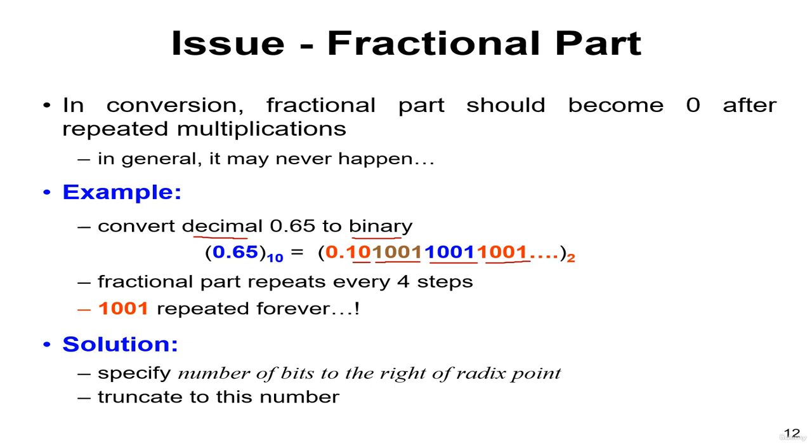So what is the solution to this problem? One technique is that whatever is repeating, you draw a bar on the top of it, which is the same technique used to denote that something is repeating, right? And usually in such questions, the number of bits to the right of the decimal point are specified, right? So if you are asked to convert this number to 5 decimal places, right? So this means